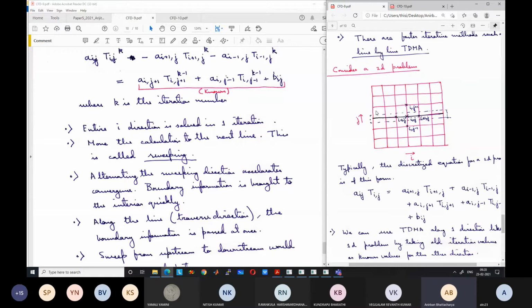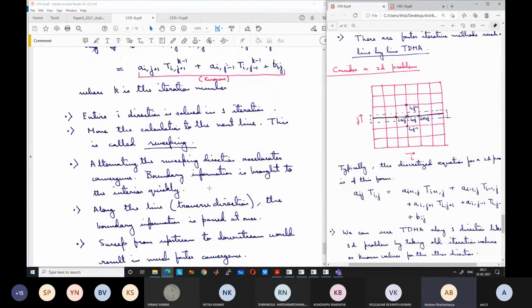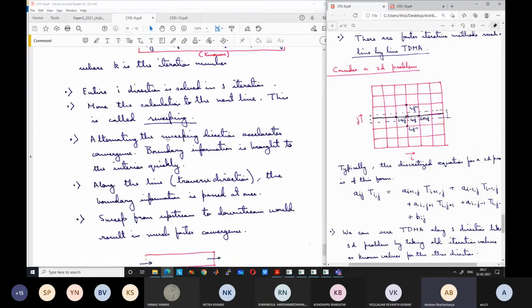In one iteration, all the information passes to the interior points in the traverse direction. In the sweeping direction, the information passes one grid point at a time. Okay. So when we change the direction of sweeping from the horizontal to the vertical, then the vertical information passes in one iteration directly. Okay, and the horizontal information passes slowly. Again we change the sweep direction to horizontal. Again the horizontal information passes quickly. So by alternating this sweeping direction, we pass the information from both sides, the horizontal as well as the vertical, very quickly to the interior. Okay. So as a result, this method is very quick, and particularly quick if we keep on changing the sweeping direction.